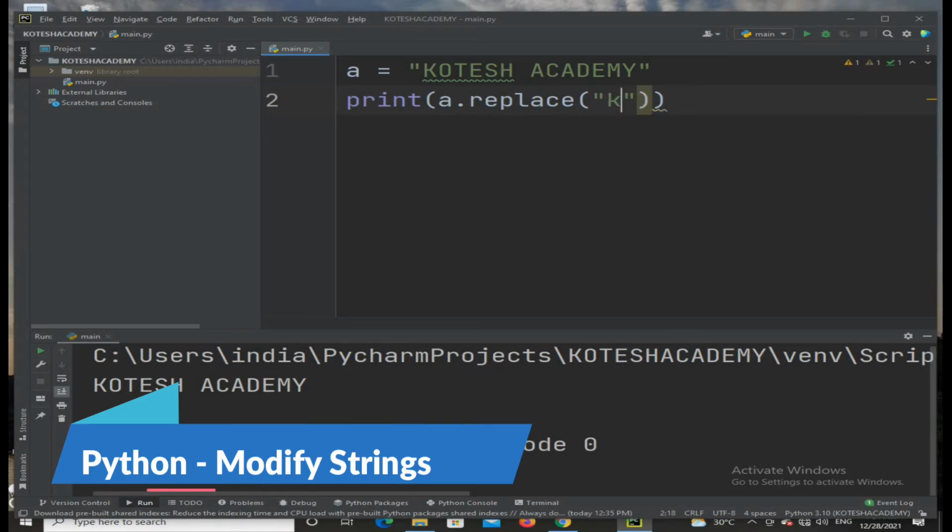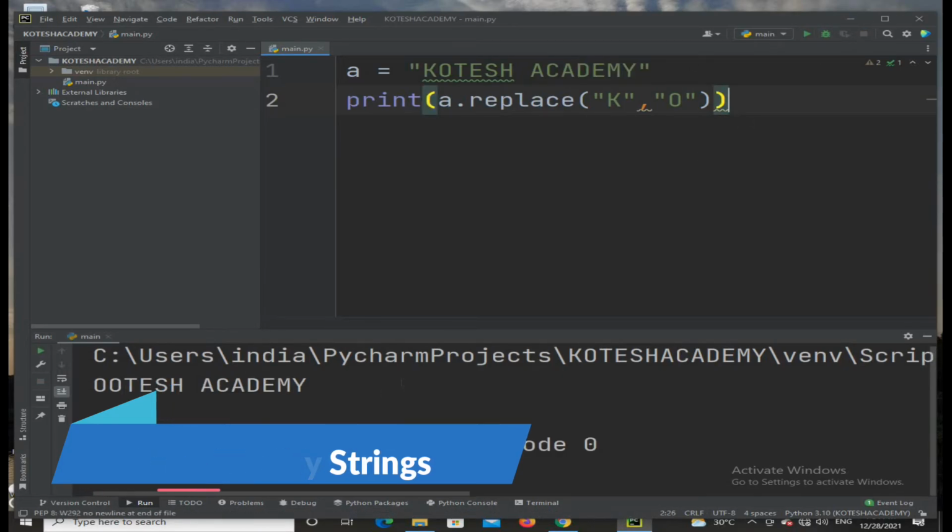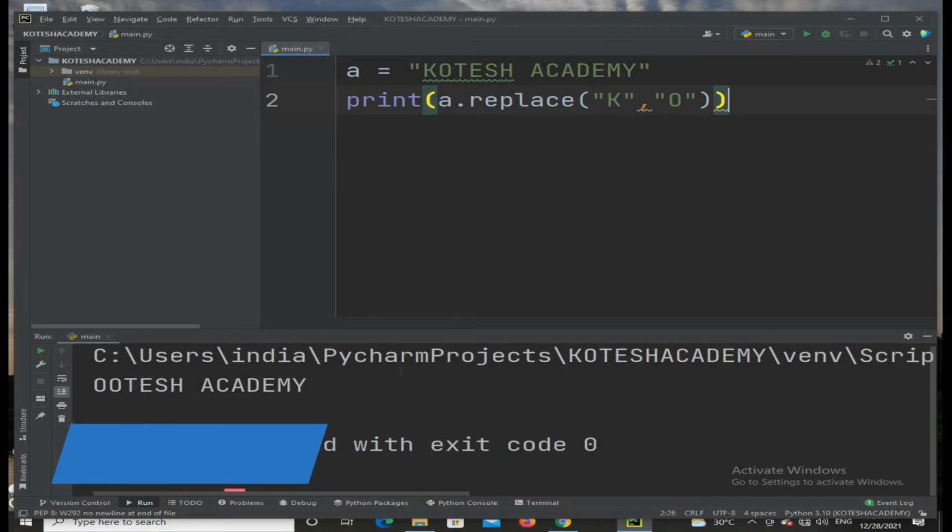Now I would like to replace the character K, then a comma, and the new value is O. After execution of that, you will get the result, Otesh Academy. So K is replaced by O. This is the actual procedure for replace string.